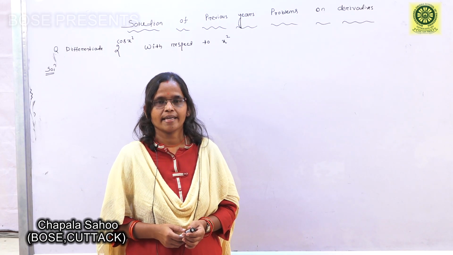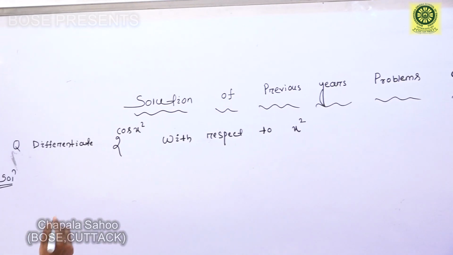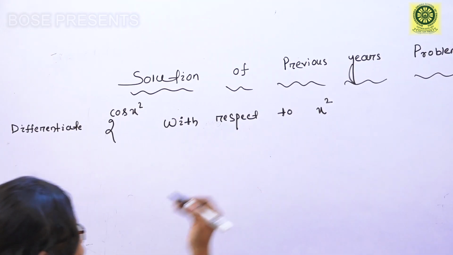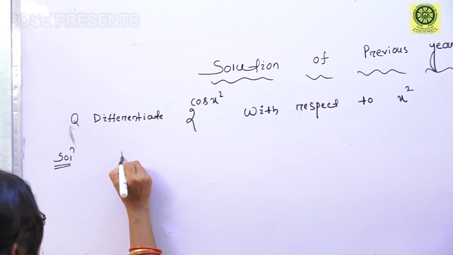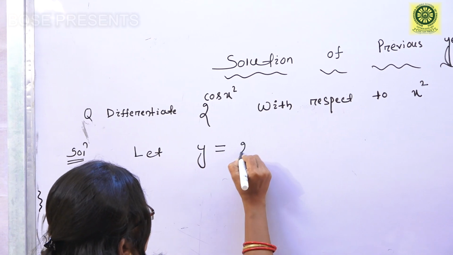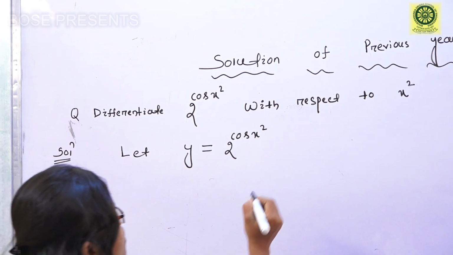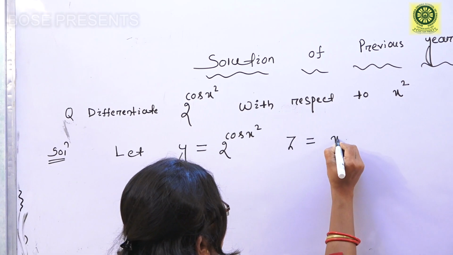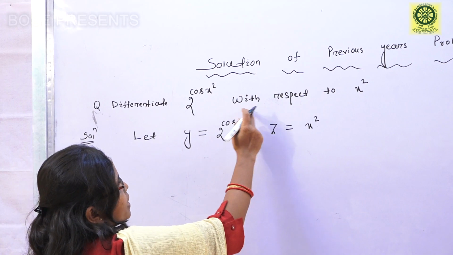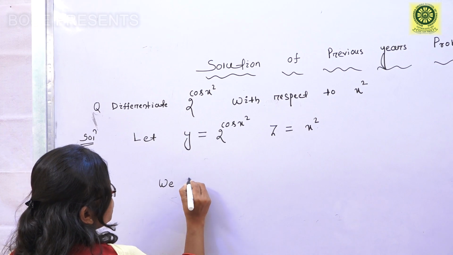Problems on derivatives. See here, differentiate 2 to the power cos x square with respect to x square. Okay. So let y equals 2 to the power cos x square and z equals x square. Differentiate 2 to the power cos x square with respect to x square. That means we have to find out